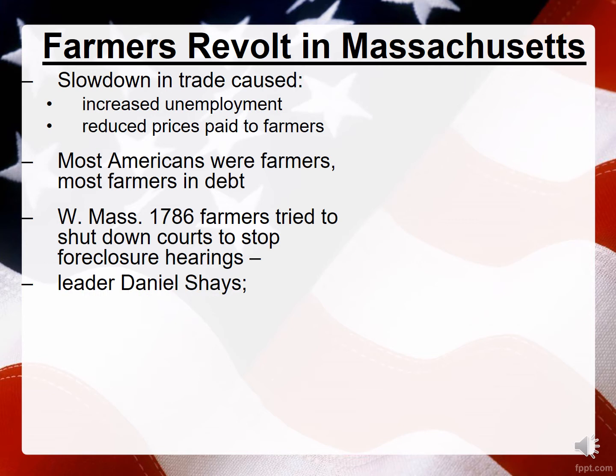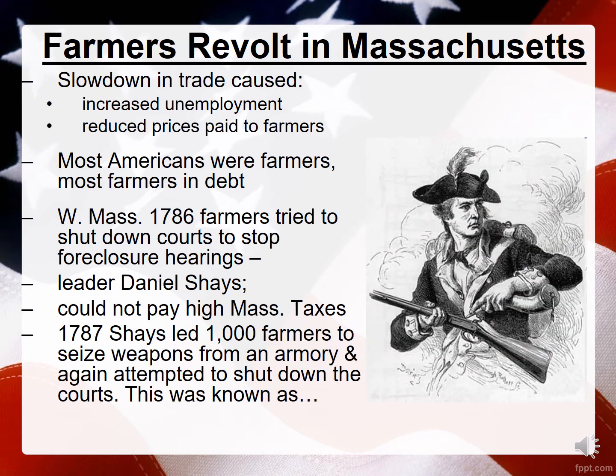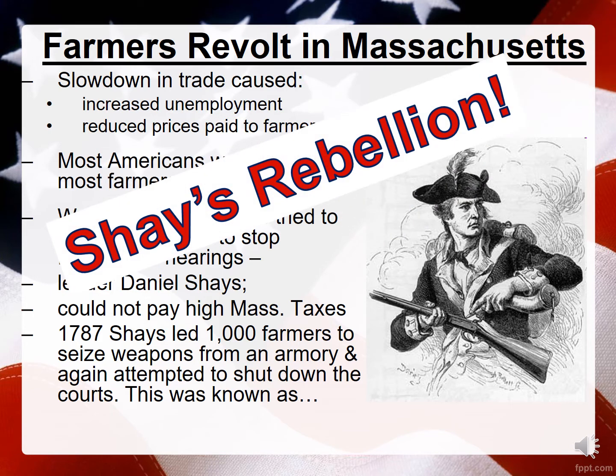Now the farmers in Western Massachusetts were led by a gentleman named Daniel Shays. If you didn't remember before, you're probably starting to recognize some of the things that were going on there. And again, the issue was that the farmers could not pay the high Massachusetts taxes. In 1787, Shays led 1,000 farmers to seize weapons from an armory and again attempted to shut down the courts, this time via armed insurrection. Now, we all know that this was known as Shays' Rebellion, and it brought a significant